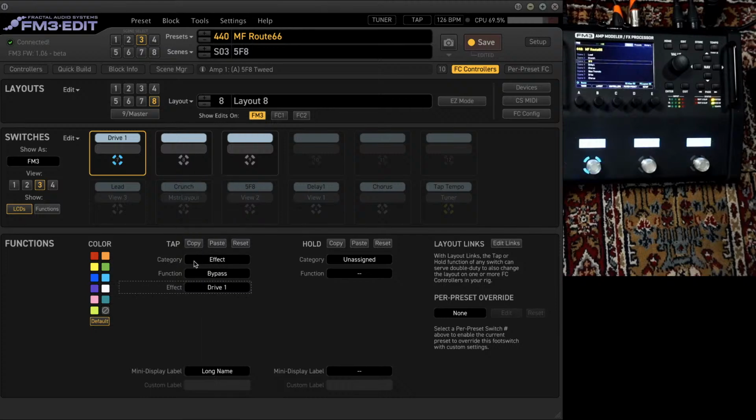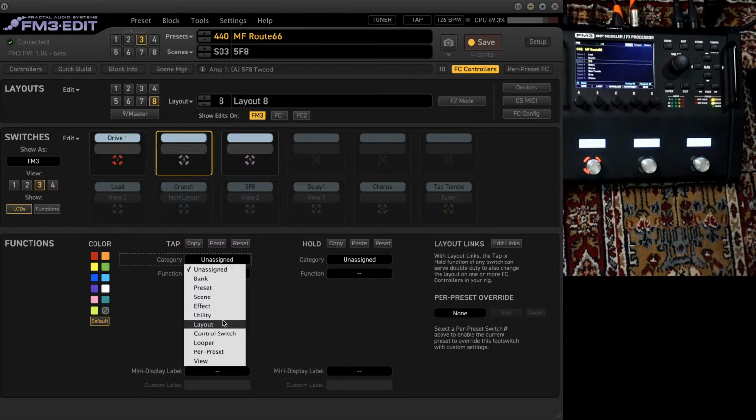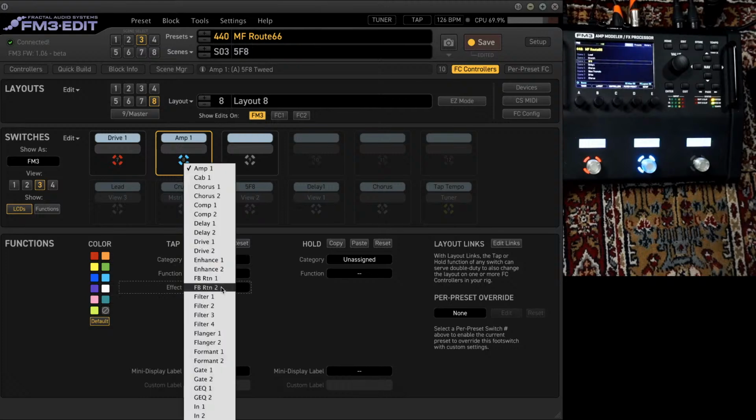So I go to the category effect, function bypass, the red color. I want to select, for example, effects like delay number 1.